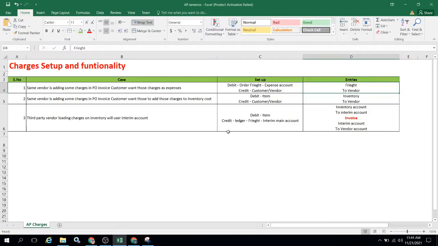Have you understood? The case is the same vendor from whom we purchased. For example, I purchased from X one quantity of items worth 1000 rupees. That X is also providing the transport facility to get that product delivered to my warehouse. For that purpose he is charging 10 rupees.